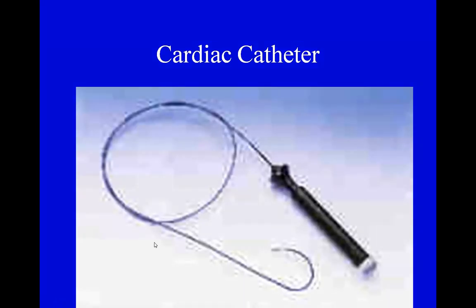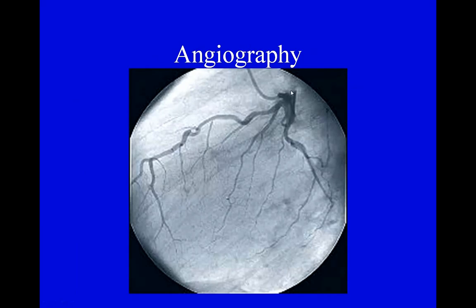This is what those instruments might look like. They have different shaped catheters on the end to get into different cardiac blood vessels. And this is what some of those pictures look like. So with angiography, we're studying the blood vessels of the heart. In this case, we're studying the coronary arteries, so formally the name would be arteriography. We're looking for blockages or twists or narrowed areas where maybe they could be stented open,